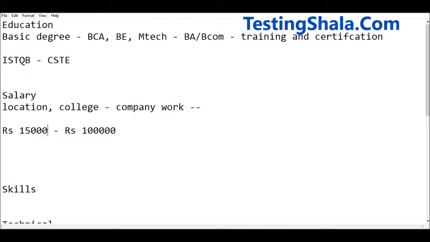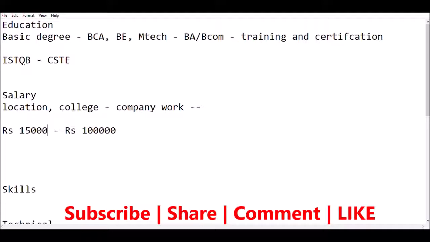As per industry standard, if you multiply your number of years of experience by 1.5, that would be your yearly salary in lakhs. Let's say you have 5 years of experience in testing, then if you multiply by 1.5, whatever you get would be your decent salary. If you are working for a product company, that multiplication factor can be up to 2. You can multiply by 2.